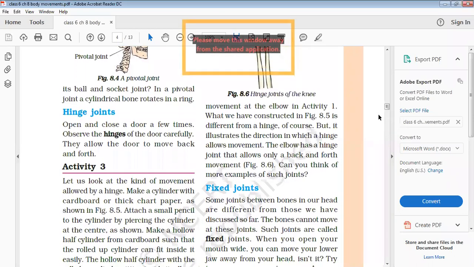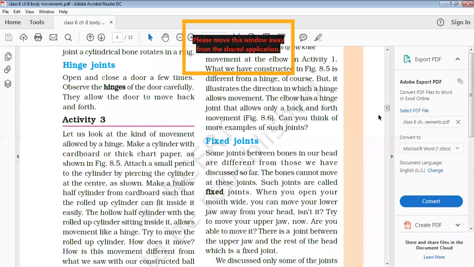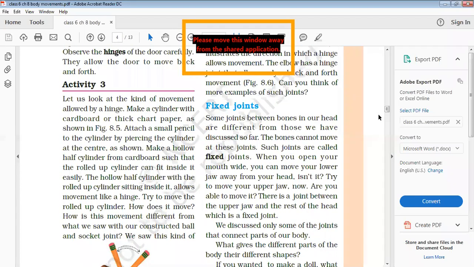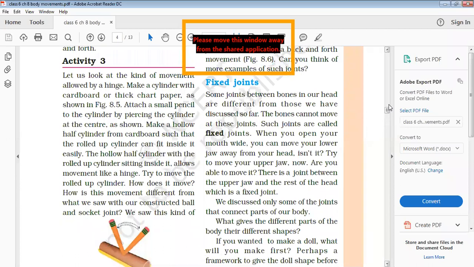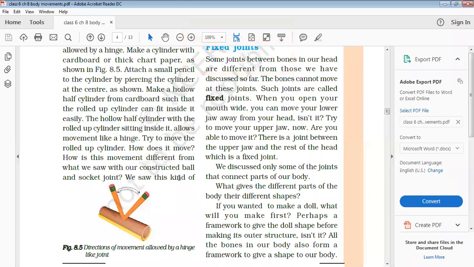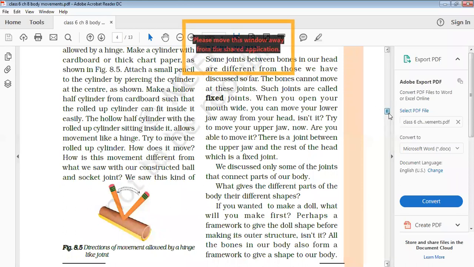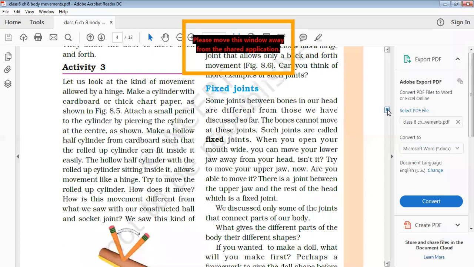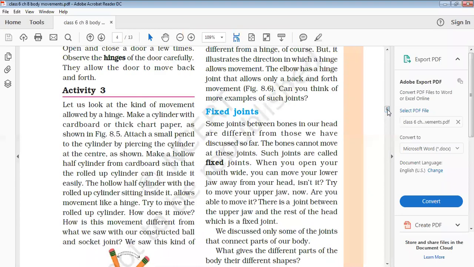Let us look at the kind of movement allowed by a hinge. Make a cylinder with cardboard or a thick chart paper as shown in figure 8.5, and a hollow half cylinder with the rolled up cylinder sitting inside it. Then you can see that this joint will allow movement only in one direction. A hinge joint is present in our elbow and allows movement only in one direction. Hinge joints are present in the